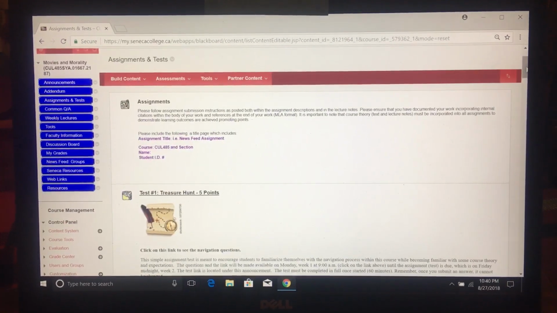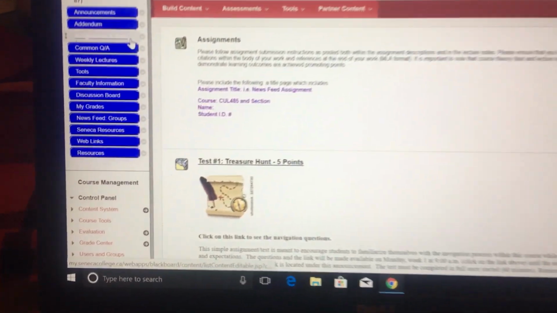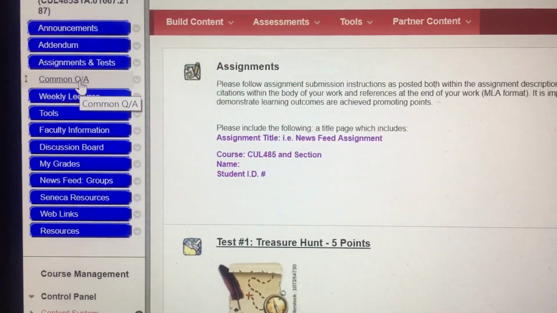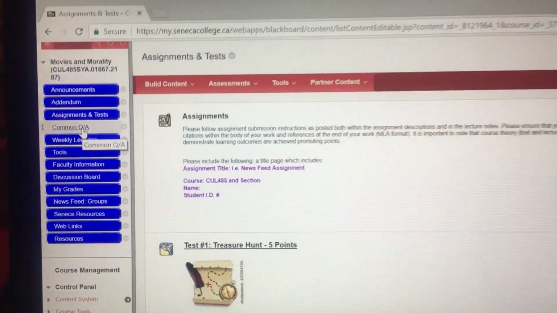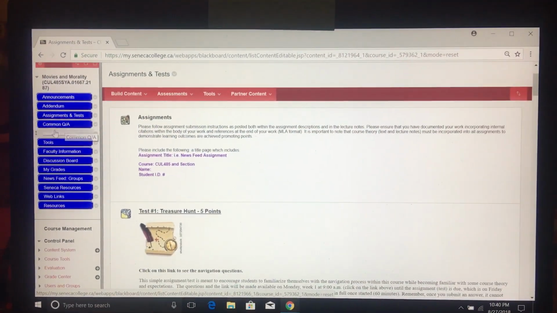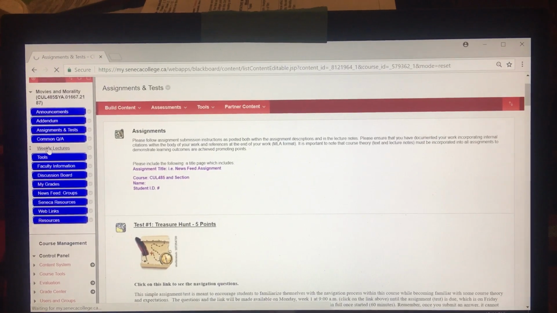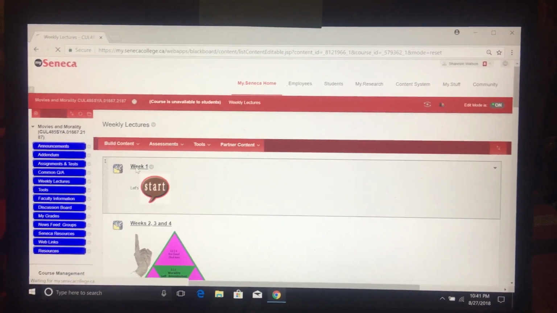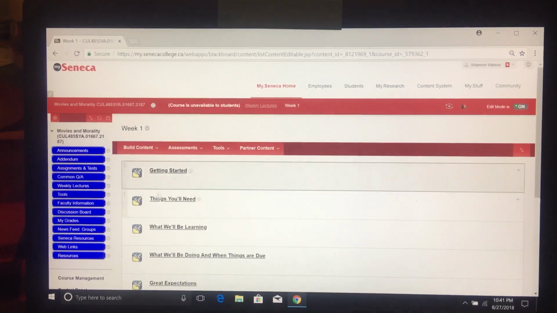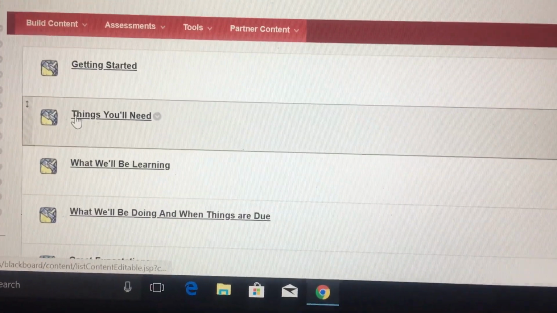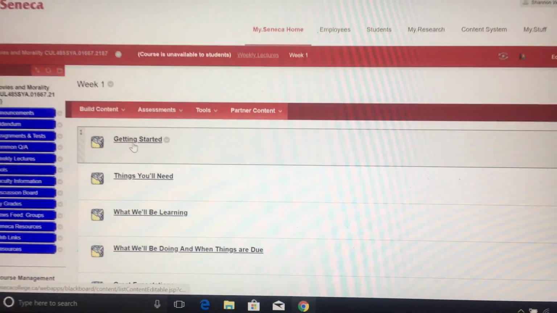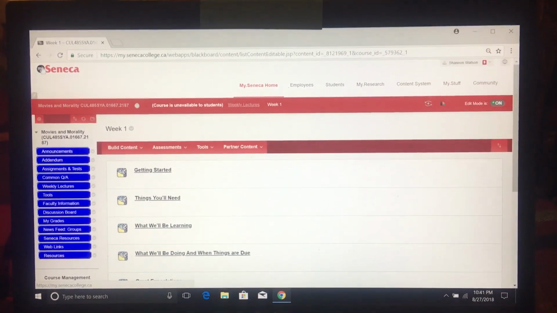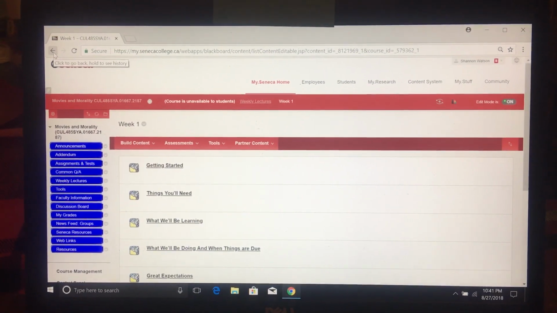Now if you go back up to your blue icons on the left side of the page, you'll see common questions and answers. You can have a look at those. Might answer a lot of the questions that you may have. Go into your weekly lecture pages. So when you first come to the course, look here, you're going to see a number of folders, weeks 1 to 14. You'll see a lot of subfolders. You click on those and it's going to tell you what you'll be doing each week, and also give you the content.